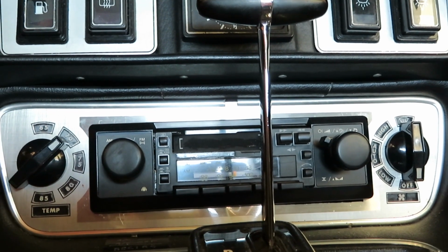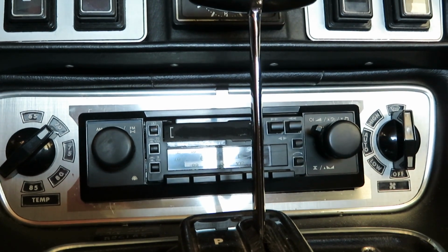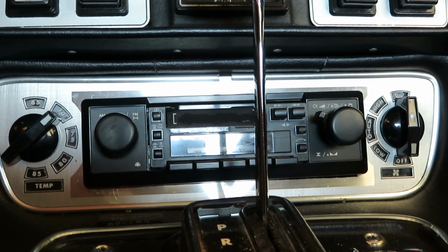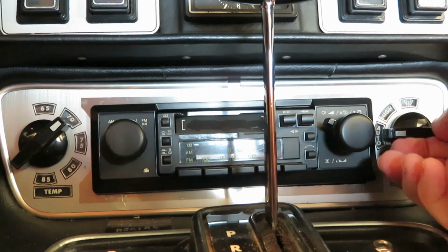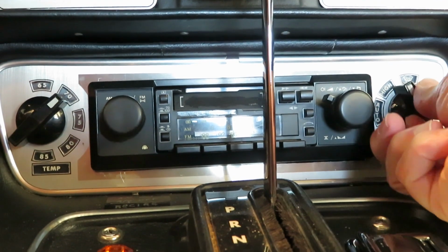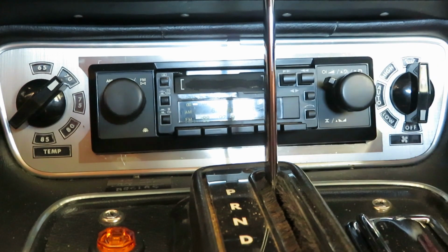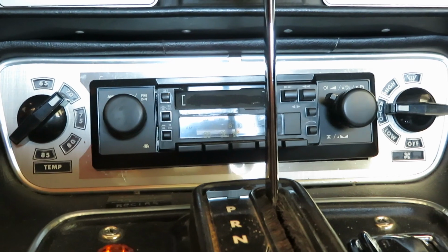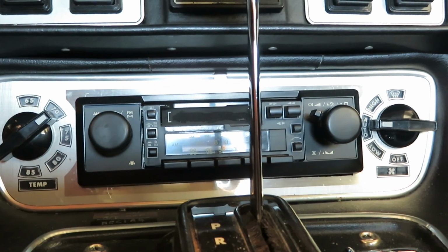And so the system is designed for the heating and cooling to work together simultaneously all the time. This over here is the mode selection knob. You've got defroster, high, automatic, low, and off. So it's designed so that when it's in the automatic setting, and let's set the temperature at 70 degrees,